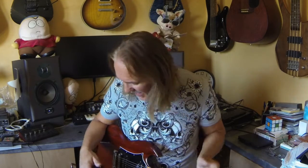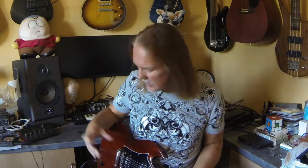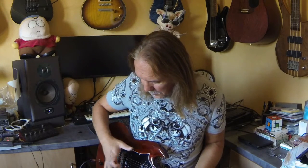Okay, so what else do I need to mention? Oh yeah, if you have a twin humbucking guitar, one of the downsides of that is you never seem to be able to get a clean sound as nice as what you'd get if you were playing a Strat or something with single coils. What I do with my guitars that have this, and I think I mentioned this on another video actually,